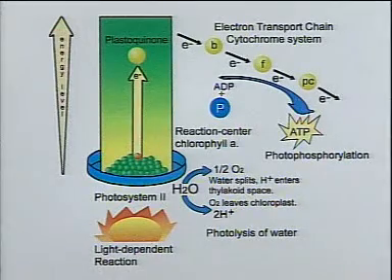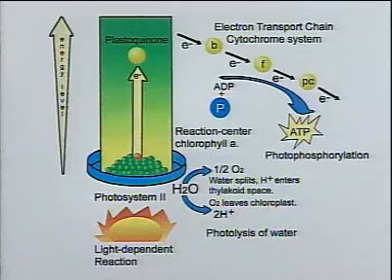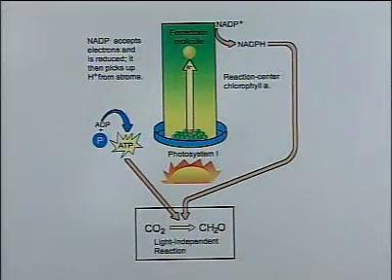Simultaneously, the water molecule breaks up into hydrogen, used in the reduction of carbon dioxide, and oxygen, which is released as a byproduct. Similarly, electrons are also passed along another pigment system called photochemical system 1, where light energy again boosts an electron from the reaction center to a ferredoxin-reducing substance, which subsequently releases it to a nucleotide of adenine, NADP, which in turn is reduced to NADPH, which is used as the source of energy along with ATP to drive the dark